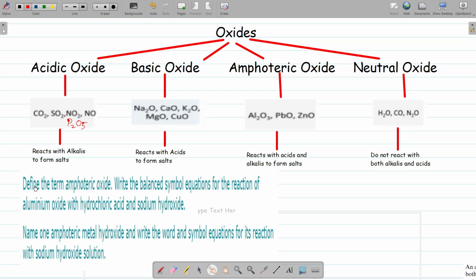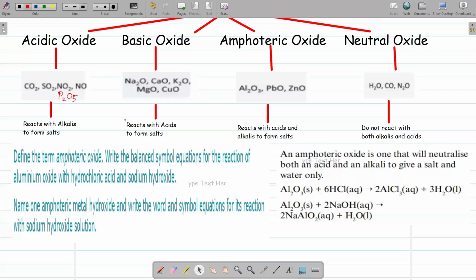Now pause the video, read the question given below, and try to answer on your own. So the question is, define the term amphoteric oxide. Remember, define is a command word wherein you need to answer with a definition. So an amphoteric oxide is one that will neutralize both an acid and an alkali to give salt and water only. Now they're asking you to write a balanced equation for the reaction of aluminium oxide with hydrochloric acid and